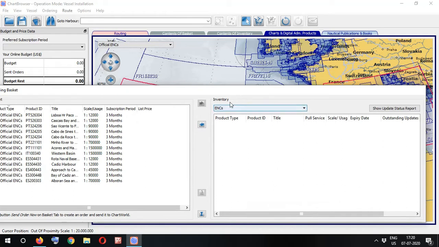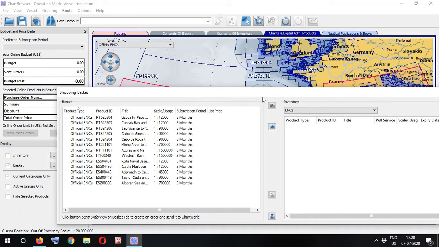Now for example I want to know that I have some charts in my inventory and some charts in my basket. Both of them are different, so that by mistake I have not selected any charts which are in both my inventory and basket. So you can come here and press compare basket and inventory. If you press this, any chart which is in our inventory will be automatically highlighted in the basket.